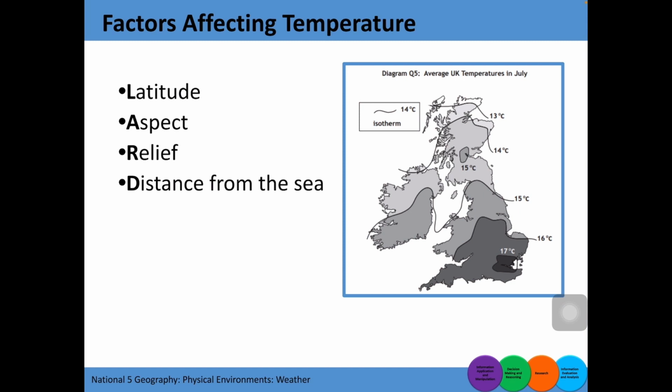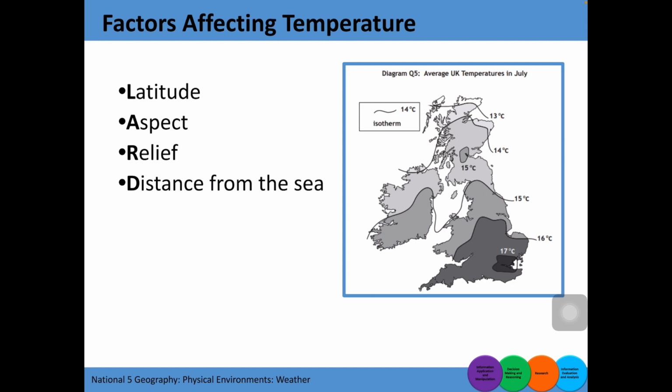Okay, so this is why we often describe corries as forming where snow falls and collects in a north facing hollow. It's because those areas generally do not get sunlight, and therefore they're much colder, and it allows snow to accumulate into sufficient quantities to start to gouge out the landscape and form that corrie. So when we talk about aspect, it's southern facing areas that are getting more sunlight throughout the day, and therefore